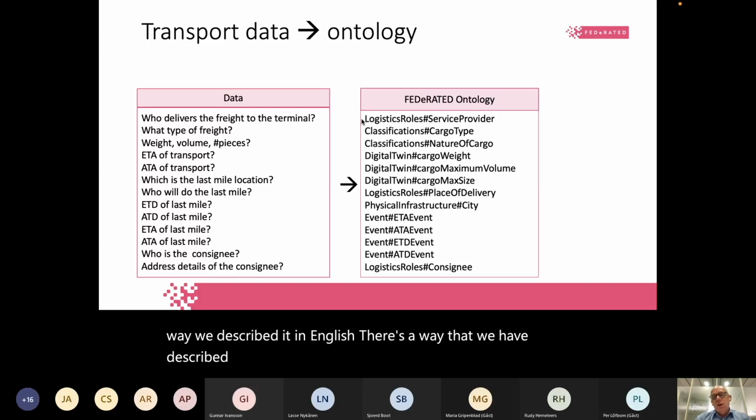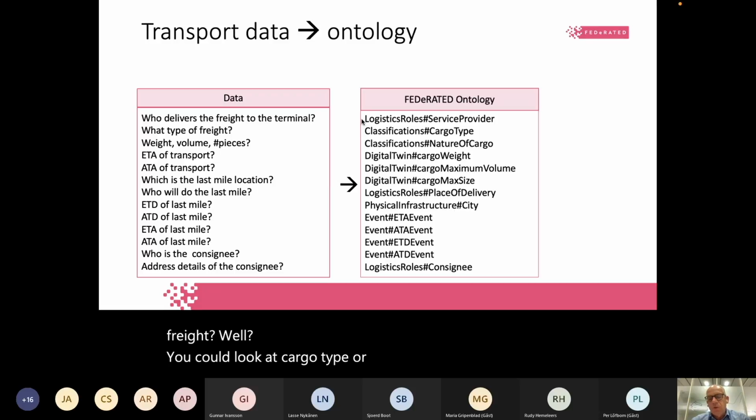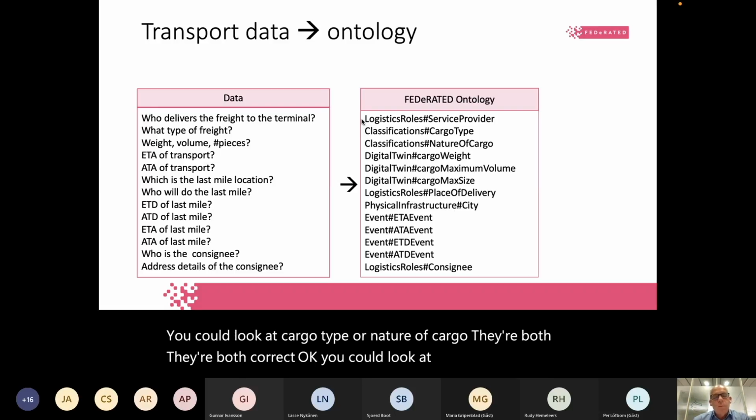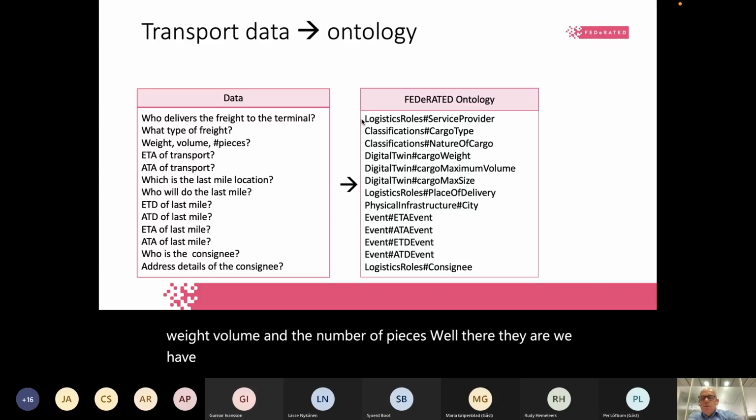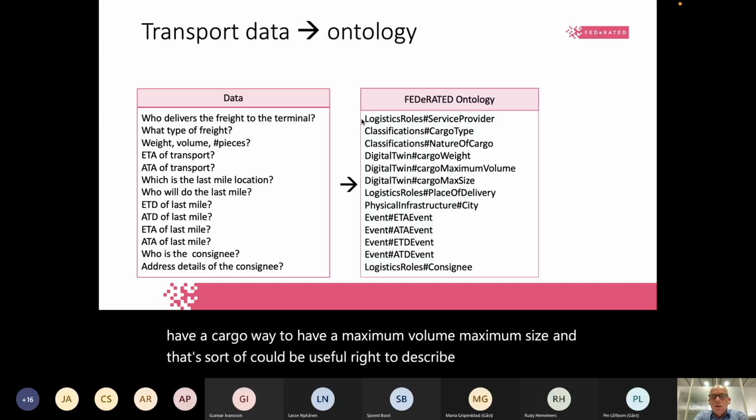Well, you could look at cargo type or nature of cargo. They're both correct. Okay, you could look at that. Questions like weight, volume, and the number of pieces. Well, there they are. We have a cargo weight, we have a maximum volume, maximum size, and that sort of could be useful, right, to describe that. There's other questions, there's the,